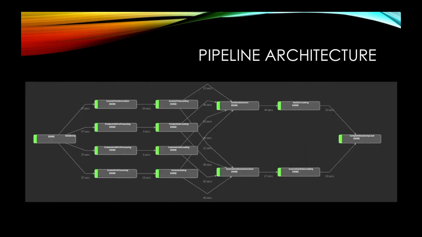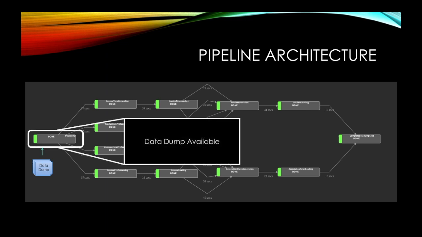So this is basically an entire data pipeline which we have implemented using Luigi. First, we will have a data dump in terms of CSV files. We will provide these files as an input to the pipeline. Data dump is the first task in the pipeline, which will check if the dump is available and will trigger dependency tasks.